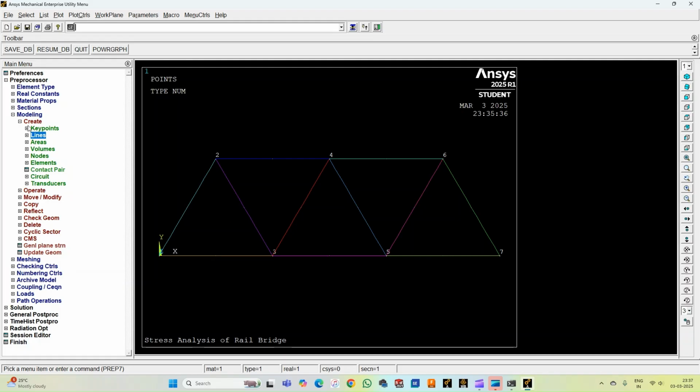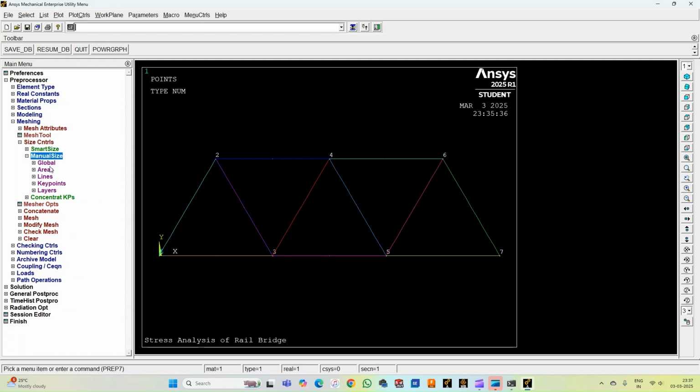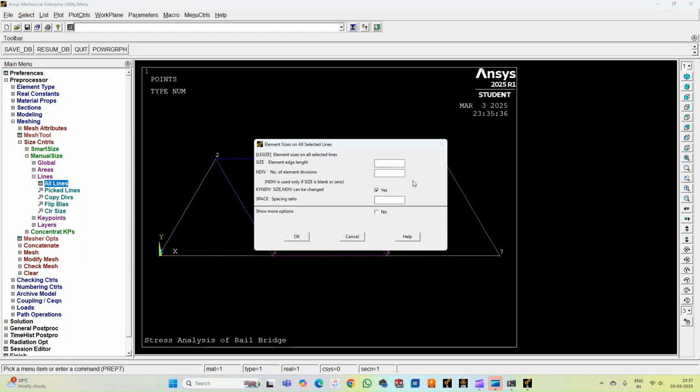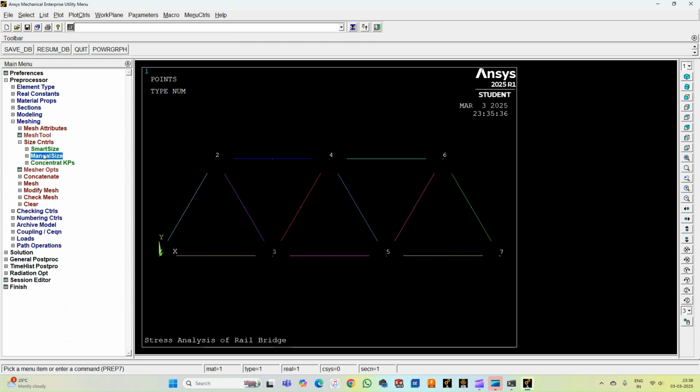So we'll go for the next step, that is meshing, and select the meshing size. So go for size controls and select manual size, and select lines and tell all lines, and enter the element edge length, leave it blank, and enter the number of element divisions as 1, and click OK. So you can just see that the discretization is being done, that is the process of dividing the continuum into